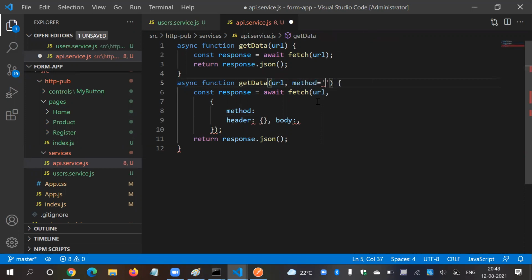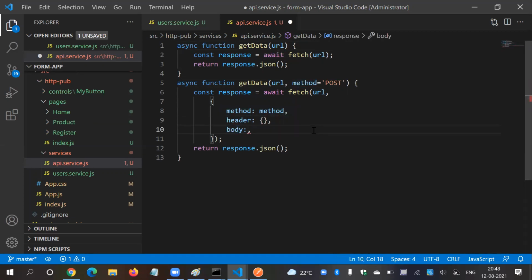If it is missing, by default it will be post. Awesome. So say method here, and body. But I need data, so say data here. If it is missing, it will become empty, just an array.